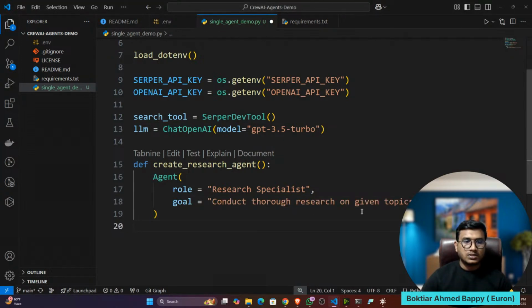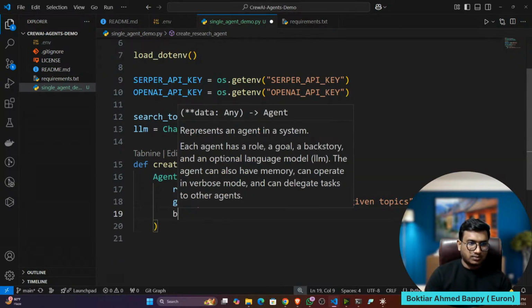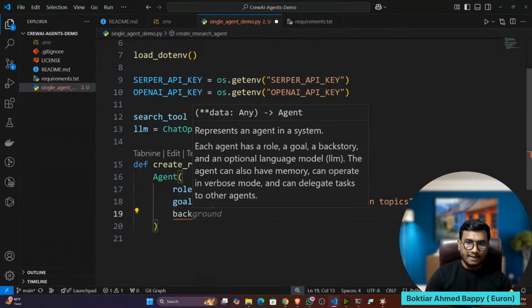So conduct thorough research on a given topic. I think the spelling of thorough is not correct, now it is fine. That means whatever topic the user provides, it will do the research on the topic and give the response. Then the second one, you have to give the back story.